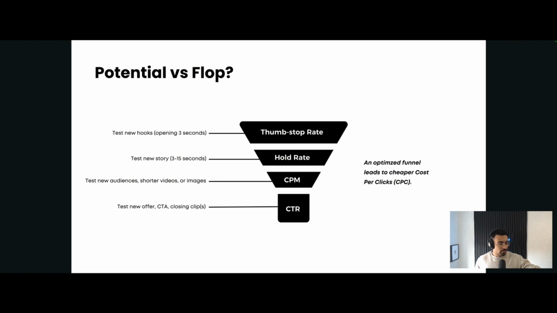And I'm going to go through something now, which is a funnel. And you probably have heard of what a funnel is in the past as it relates to an overall marketing strategy. A funnel is basically, let's look at it as a shape, right? So we've got the shape of a funnel. Now, usually it's top of funnel, middle of funnel, bottom of funnel. And when most people talk about a funnel, they're talking about the level of awareness that a customer has of your brand. So top of funnel, maybe that's people that have never heard about you. Middle of funnel, maybe they've heard about you, they've engaged in some way.